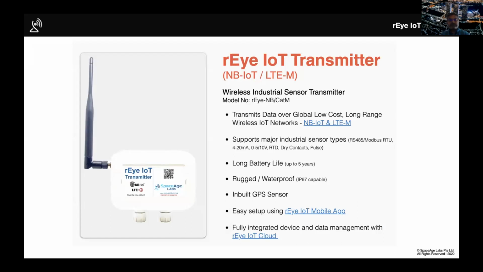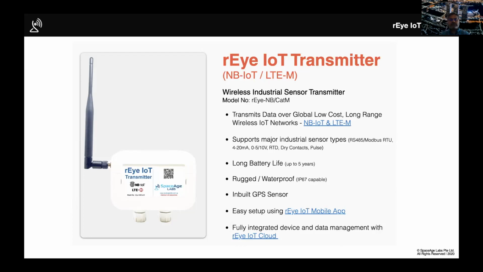It could be anywhere from 6 months to 5 years, depending on how frequently you transmit, whether you're powering the sensor or not. So there are many variables. But it does have the capability of going into a sleep mode and preserving battery life. Of course, it is industrial grade, so it is waterproof, dustproof, and you can use it outdoors.